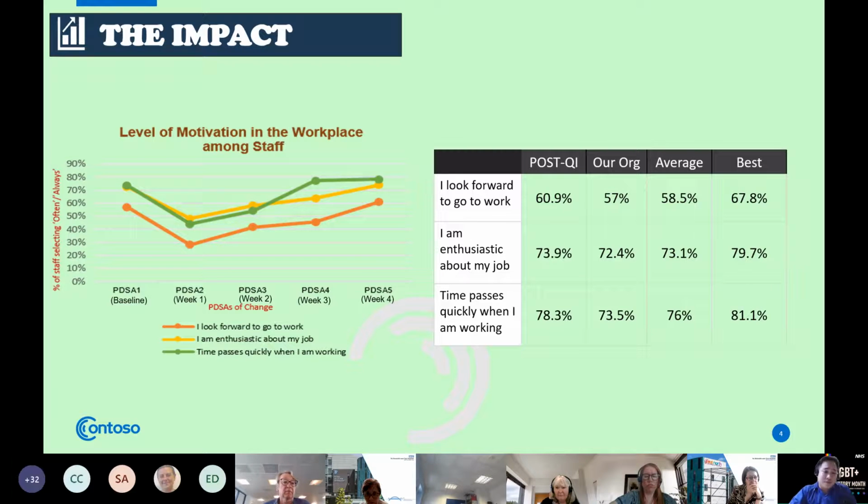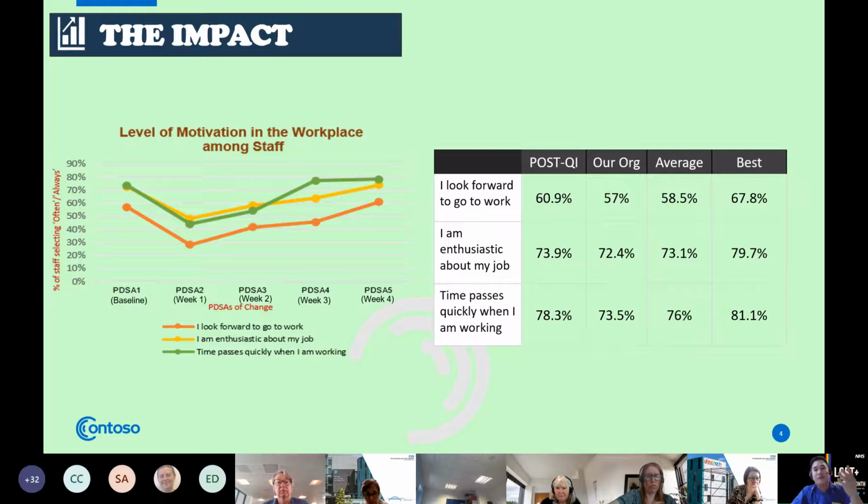As you can see from PDSA 1, the baseline, going to PDSA 2, you can see a noticeable decrease in the level of motivation. This is due to the fact that in PDSA 1, we used the benchmark summary tool from the NHS staff survey, which is supposed to be the actual representation of the level of motivation among staff. It turns out the level of motivation among staff in recovery was actually lower compared to the benchmark summary tool. However, if you notice from PDSA 2, where I implemented the staff well-being bulletin, going to